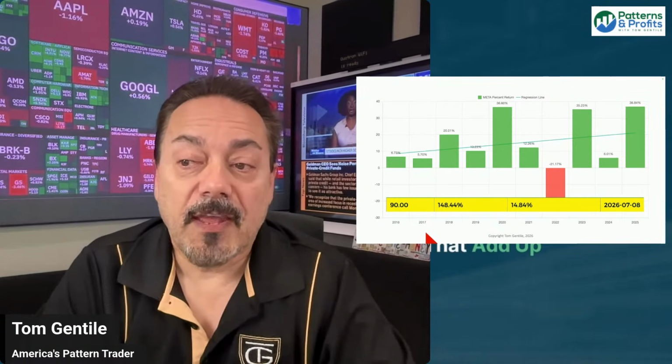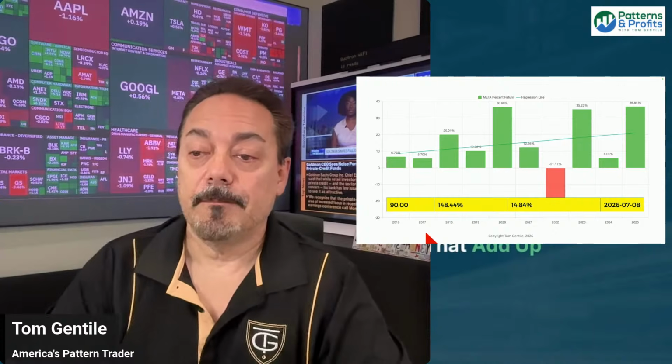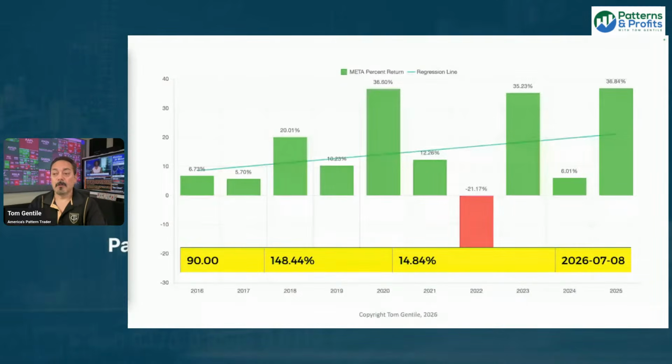So this is a 10-year table, if you will, of Meta. And what does this table tell me? Well, I've run this through the money calendar, and through our seasonality. And what I see is that 9 of the last 10 years, Meta stock has gone up by an average of almost 15%. We ran this all the way back to 2016.